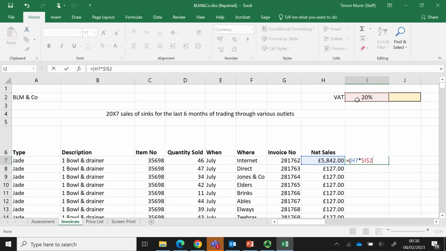So I2, which has 20% in it, will not be disturbed, will not be dragged. Then close the bracket. This will work out the 20% VAT. Once I have calculated the 20% VAT, I would like to add that 20% to the net sales price, which is H7. Press enter. Now if I double click on it, you can see that 5,000 multiplied by 20% plus 5,840. If I drag it down, you can see,